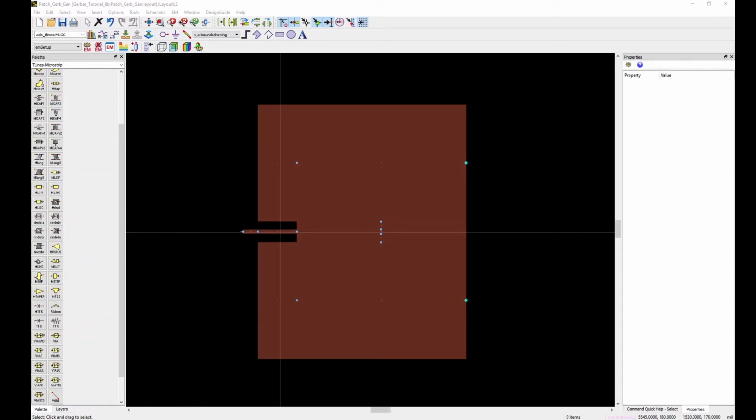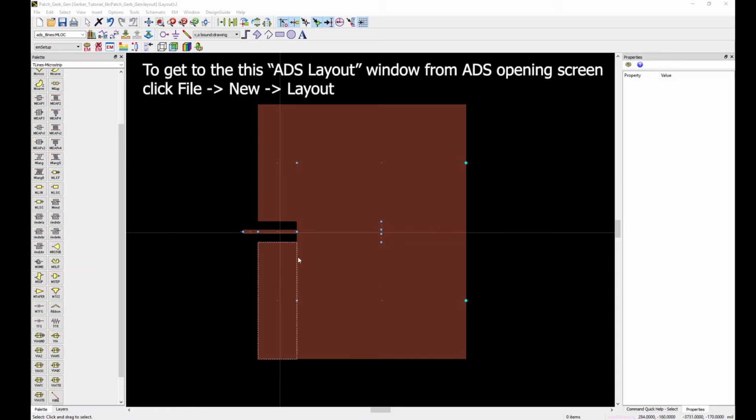Hello everyone. In this tutorial I'm going to be discussing how to generate Gerber files which can be used in milling processes in ADS from designs that you've created either in HFSS or in ADS itself. So I'm going to begin by talking about a design that I've already created in ADS,